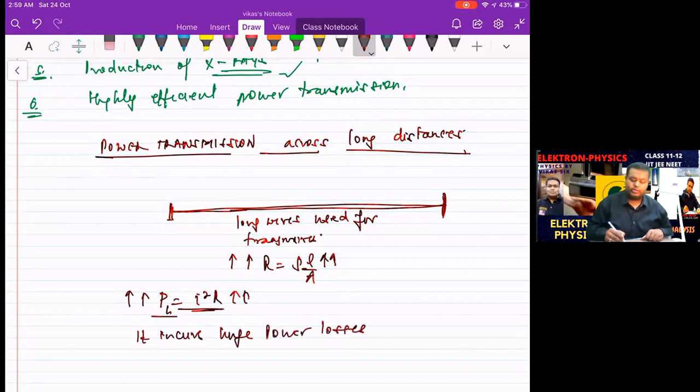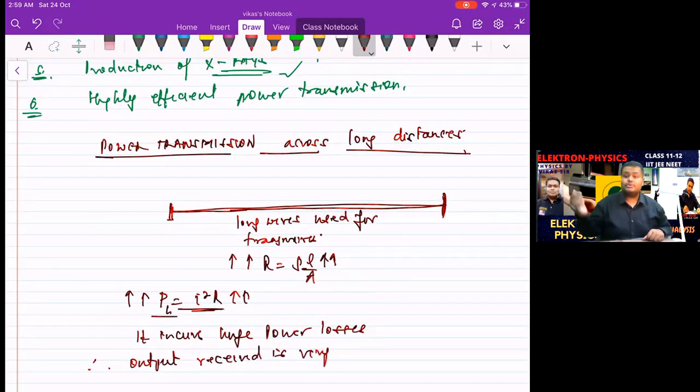So therefore, the output received is very low because most of the energy is getting lost in the transmission. So the output received is very low. So you will complain of low voltage coming to your house, which cannot keep up with your devices. Your devices may not meet the specification and they get damaged because you are using under-lighting,